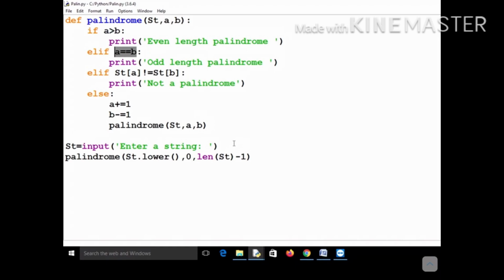If the value of A becomes equal to B, then you know it will be an odd length palindrome. And if at any point STA and STB are not the same, then it is not a palindrome. In all other cases, you just increment A, decrement B, and call the palindrome function again. So that's it. That is about checking a palindrome using a recursive function.